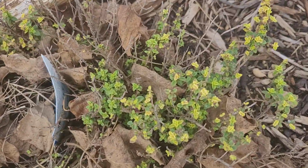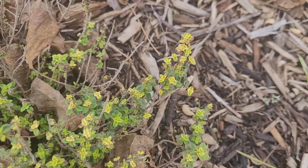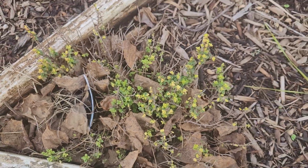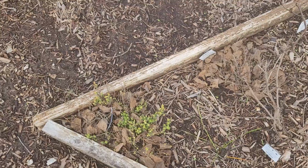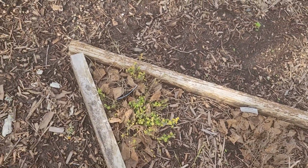And look how pretty those flowers are. Such pretty color to this whole plant. Let me see if it actually smells like lemon. Oh yeah, it does have more of a lemon peel smell. I guess if you wanted the zest of a lemon inside of your cooking, this would be a really, really